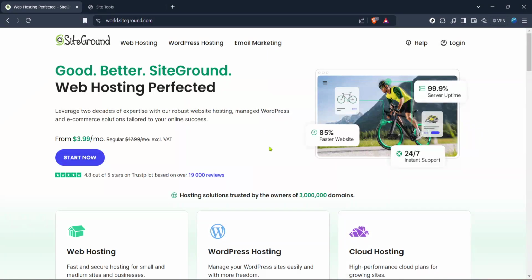In today's video, I'm going to teach you how to check your SiteGround email directly from your account. This is a straightforward process and perfect for anyone who wants seamless access to their email without any fuss. Let's dive right in. First, what you need to do is open your web browser and go to the SiteGround